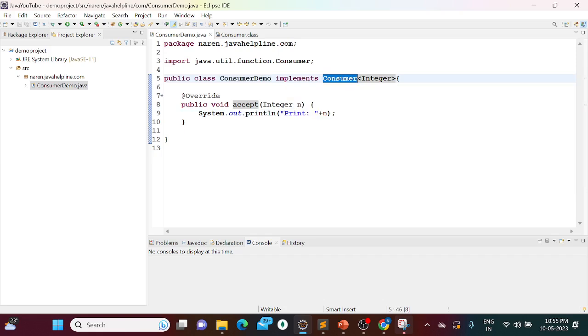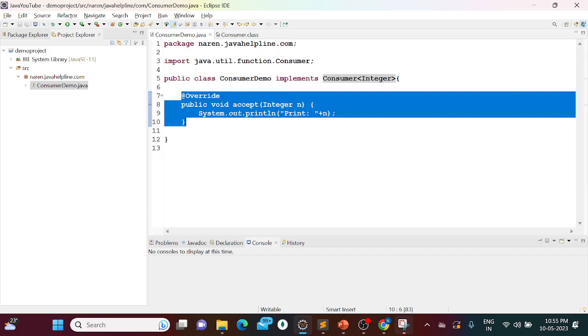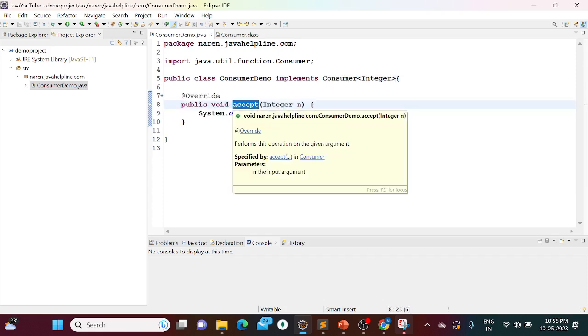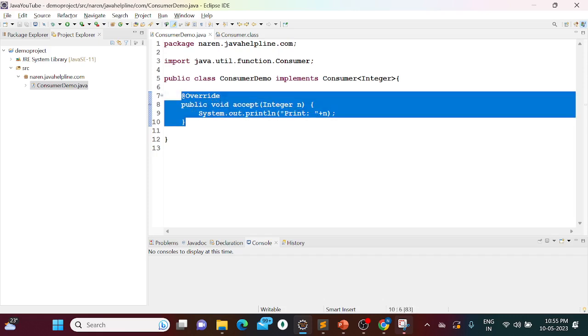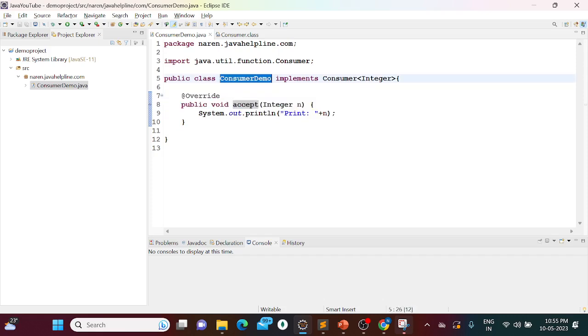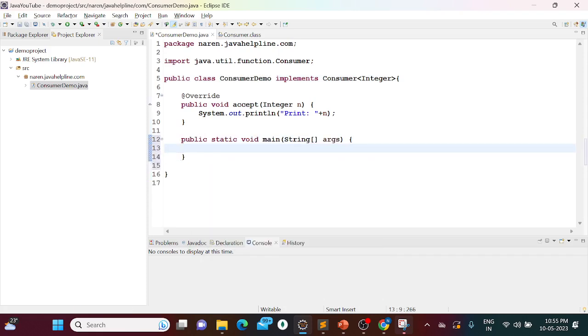As I implemented that Consumer functional interface, I have to override the abstract method, right? It only has one abstract method, accept. So I have implemented it. To call this method, you need to create the object of this class, then you can call that. So let's do that. I will add a main method here, and I will create an object of this class. I will say new ConsumerDemo, and this object I can pass to this